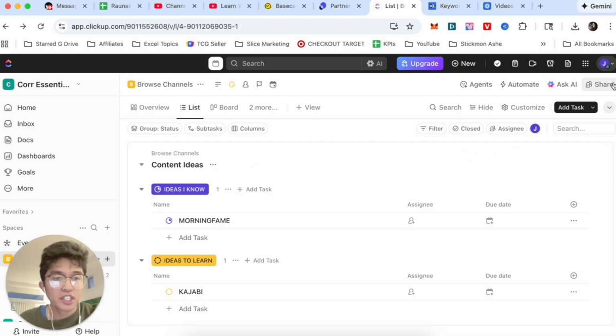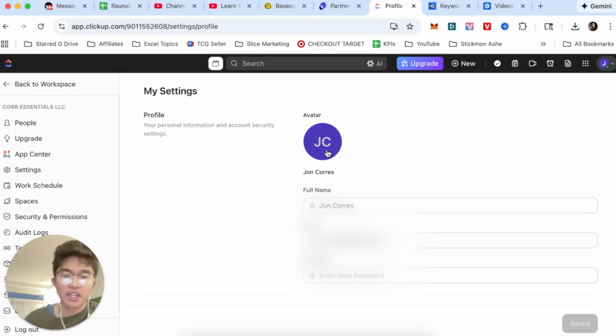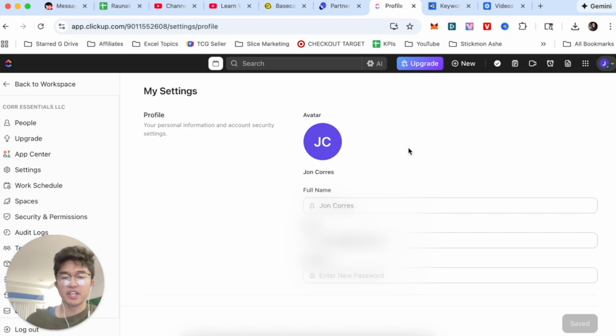So first, you want to go ahead and click on the upper right-hand corner, your profile name, then click on settings. And then from here, you want to click on your profile image right over here. So this is going to allow you to upload an avatar or go ahead and change the color of your avatar. But there you have it, guys. That right there is the best and easiest way that I know of to actually go ahead and change your